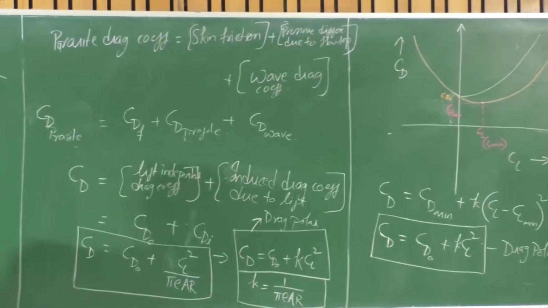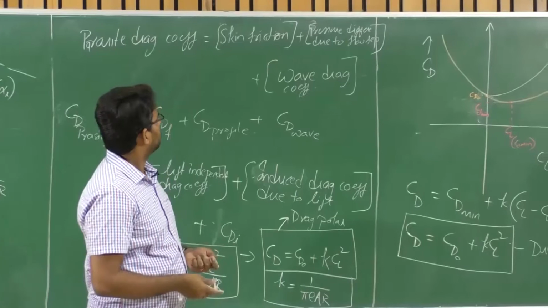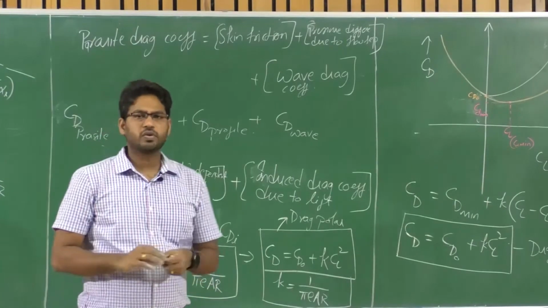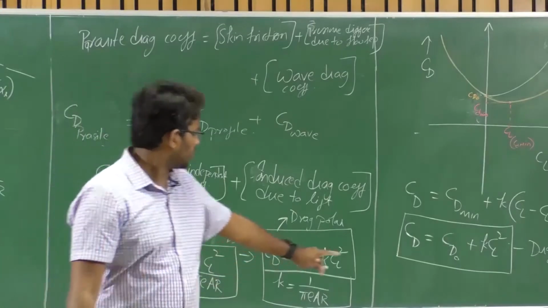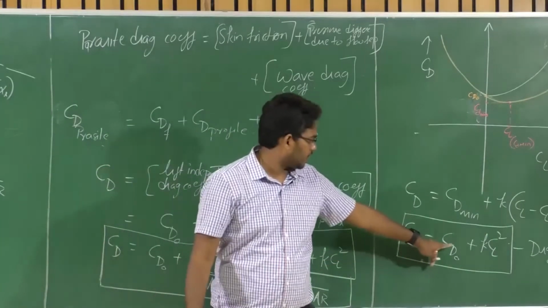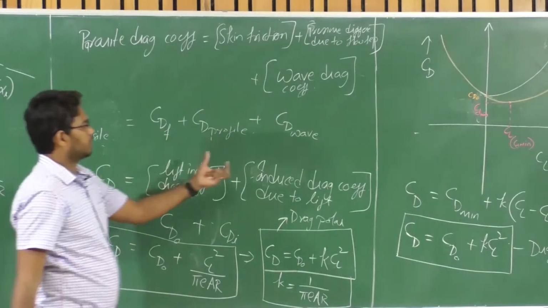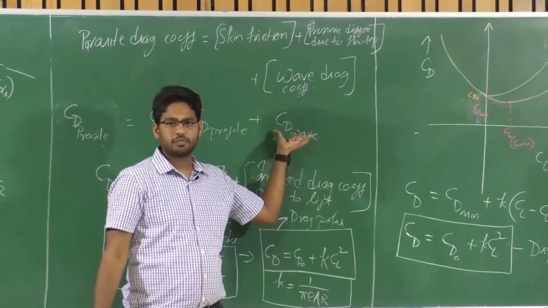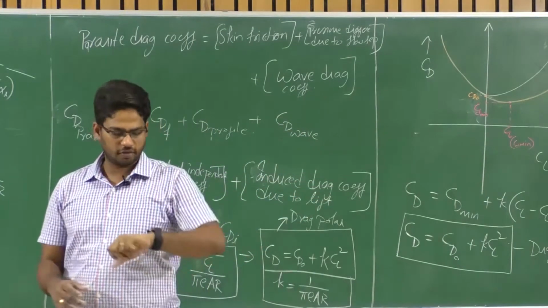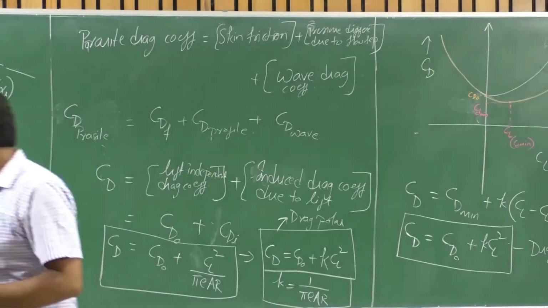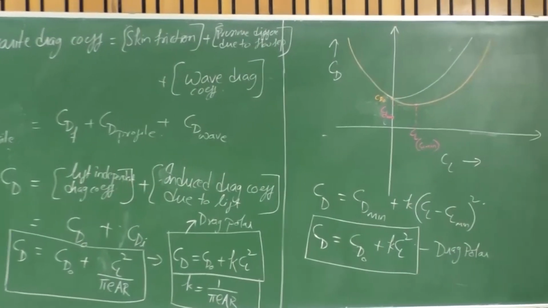So let's now talk a bit about this, but before doing that, let's solve one example problem. Why? Because I want to talk about wave drag: why there is wave drag at higher subsonic or higher speeds. We'll discuss this very soon, maybe in the next 15 minutes. Meanwhile, we'll solve one example problem related to the concept that we just discussed.